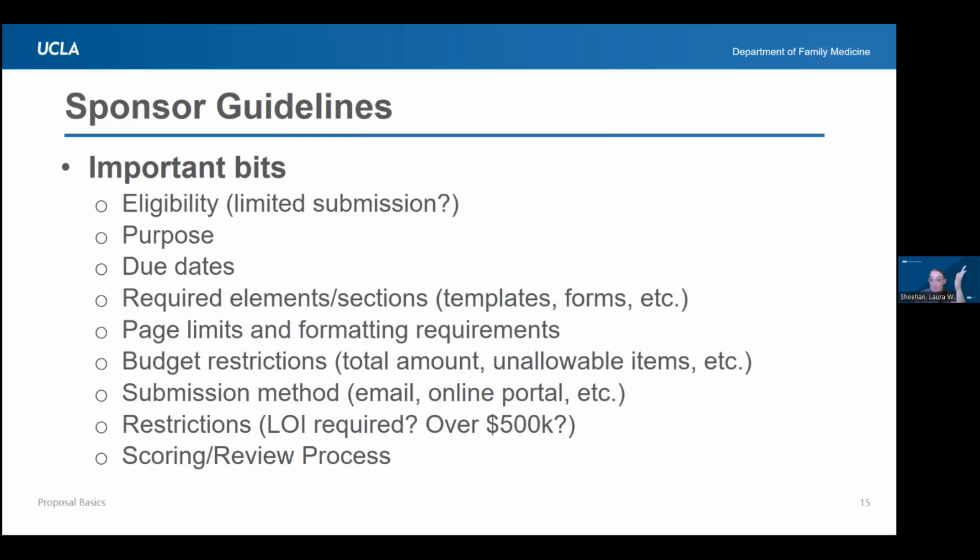So you're reading through, you're listening to Laura, and you're reading through your guidelines. What do you need to pay attention to? This is one of my ugliest slides because I squeezed in a lot of information. I was trying to point out what the important bits are, but the truth is they're all important bits. But let's focus on a couple of really important parts. I recommend getting a highlighter when you go through your sponsor guidelines and highlighting these bits to remember.